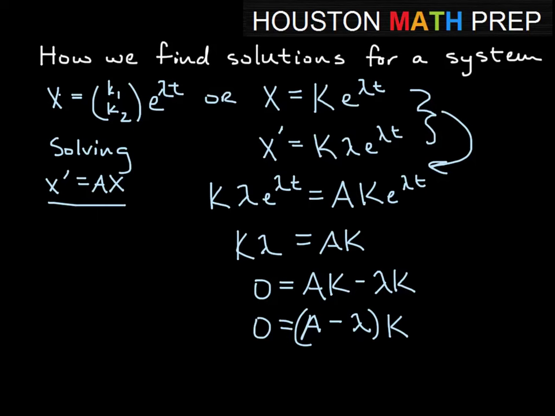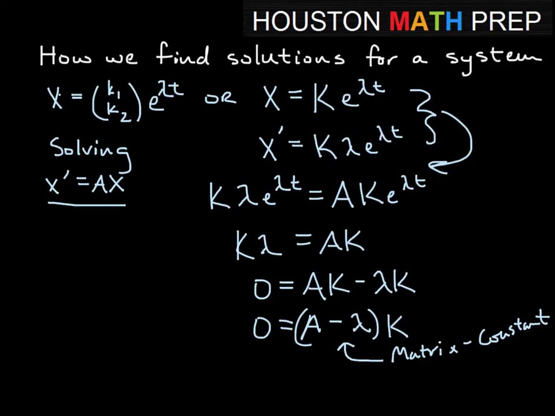The problem with this expression is, so think about what these are, right? A is a coefficient matrix, lambda is just some constant. So what we're really saying here, it doesn't make a lot of sense to write it this way. We're saying we have a matrix minus a constant, which we don't really work with, right? So I think what we want to say here is we have A minus some constant multiple